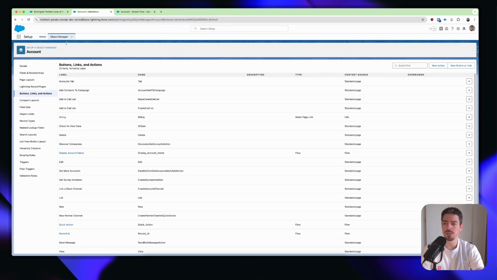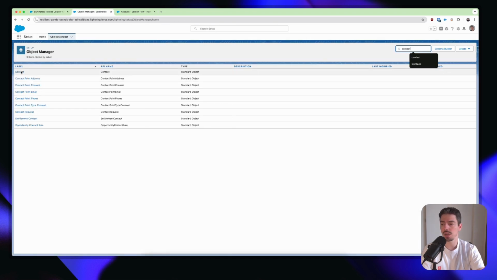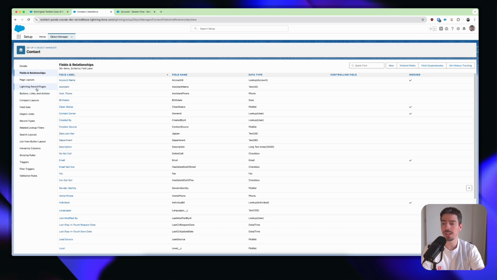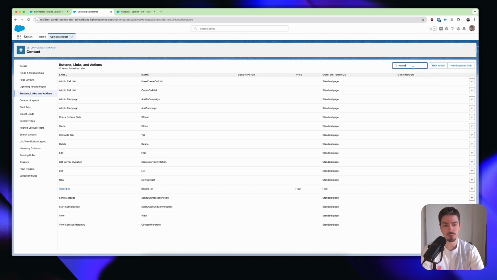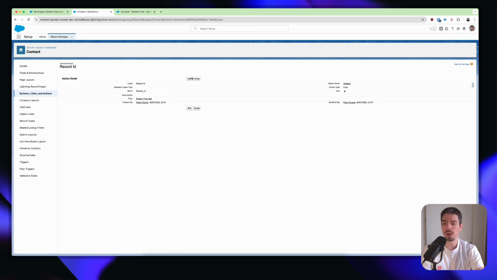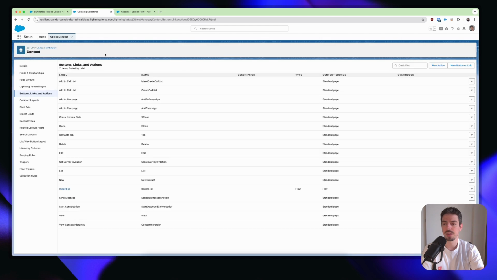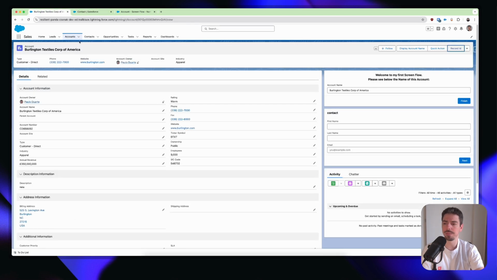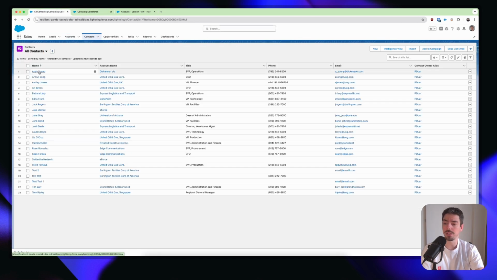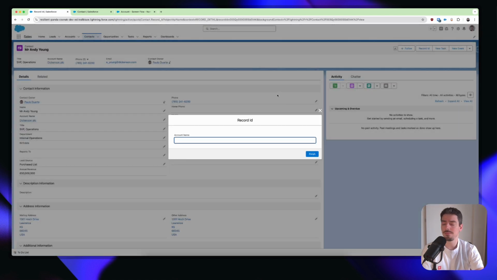Now, what I'm also going to do is go back to Object Manager. I'm going to search for contact. I'm going to find that same quick action that we used at the beginning of the video, and I'm going to add that same flow to this quick action as well. But I'm adding it to the contact record. So if I now go to a contact record and click on record ID, you see that account name is